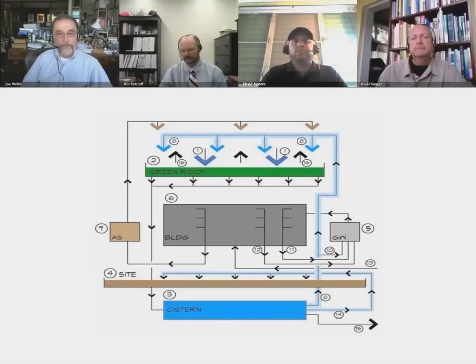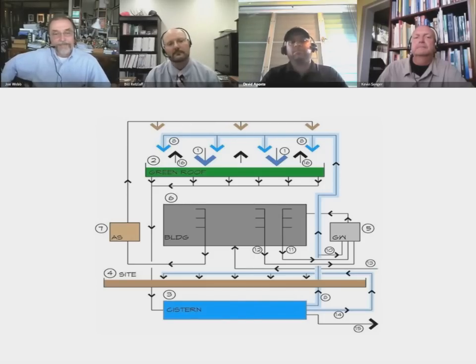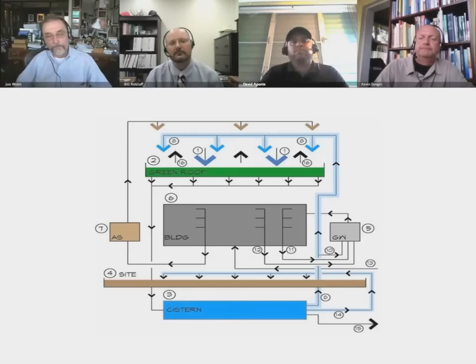Like Kevin, we capture a lot of condensate. We capture about 100,000 gallons a year on this particular building. And just to give you some numbers on the green roof itself, 73% of every raindrop that hits it never leaves that roof. So we hold about 330,000 gallons over a year at that point. Because it is a green roof and it does have drainage, we only put about 130,000 gallons into a cistern. The cistern you see there at the bottom, if I can get this pointer to work,